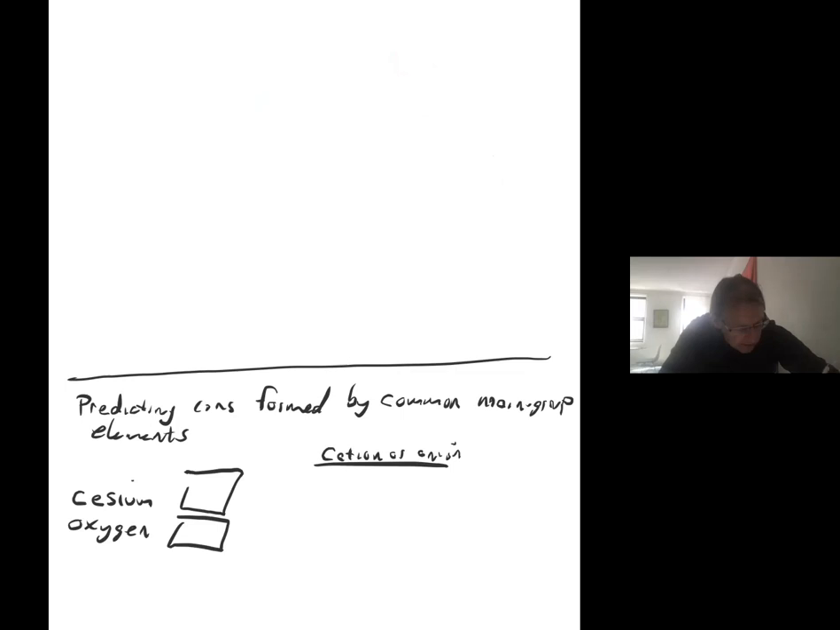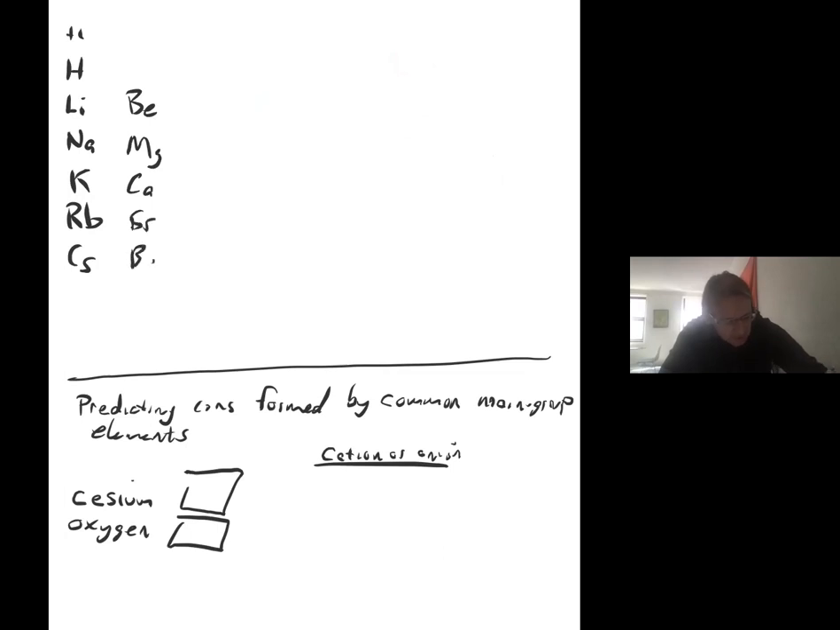So let me rewrite them. H, Li, Na, K, Rb, Cs. Remember I said these are all plus 1? And then I said the second column, these are all plus 2. And then I said all the way over here, so that's group 1A, group 2A, and then group 7A was